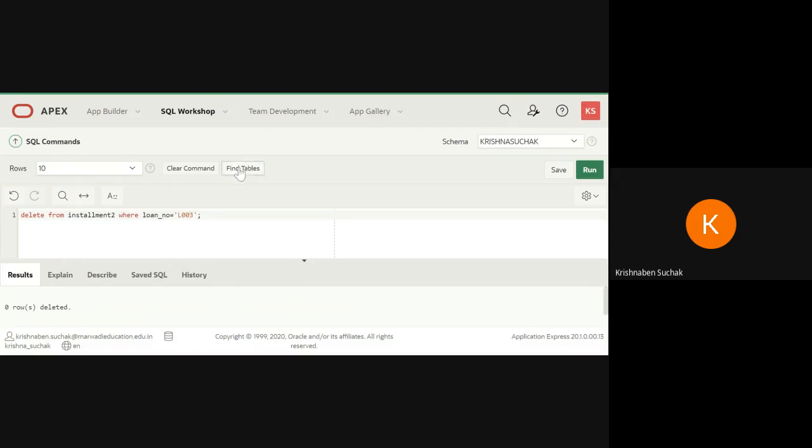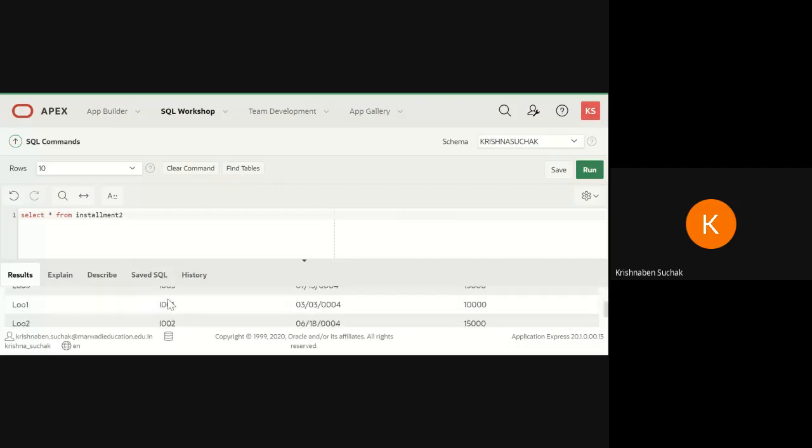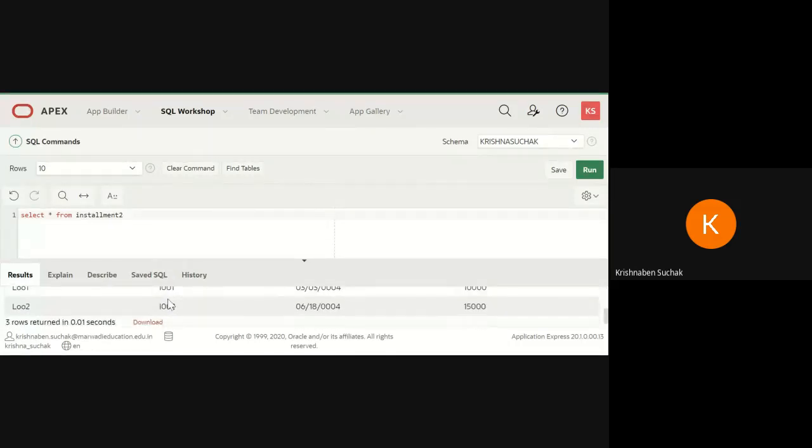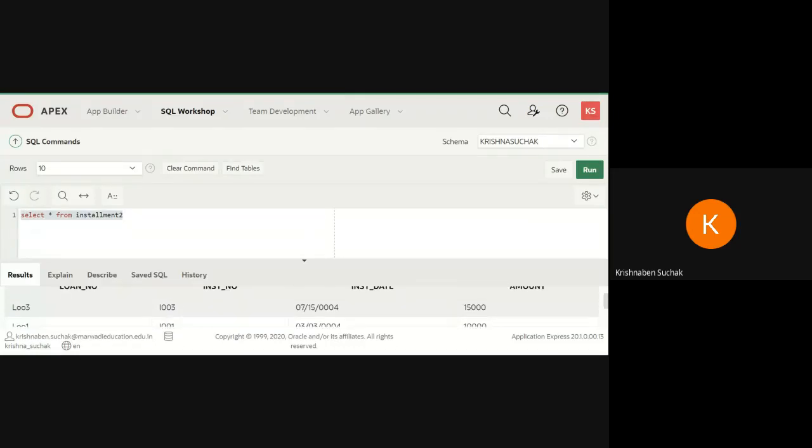L003, I think that should be there. Okay, I have written here L003, so I need to write here L003.